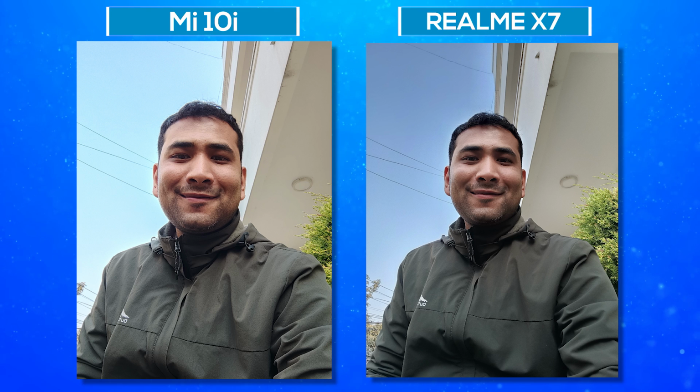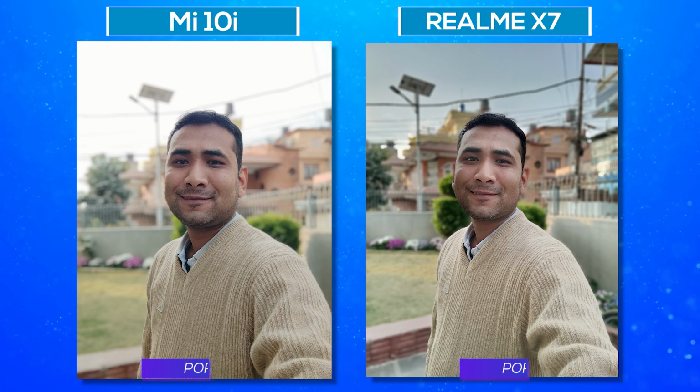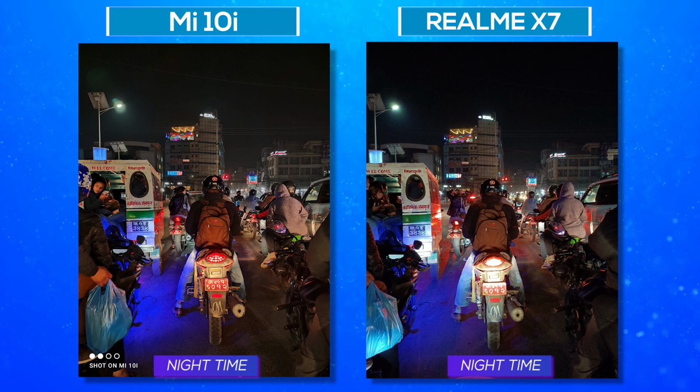Another area where the Realme X7 performs better is in the selfie department. Once again, the HDR is better on the X7 and portrait selfies look livelier than you get on the Mi 10i. However, like with any other mid-range phone, the Realme X7 does not do a very good job during videos